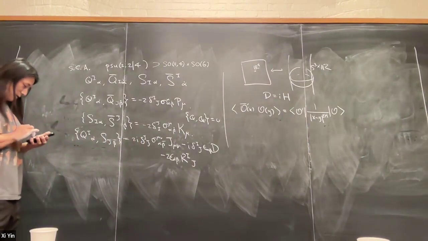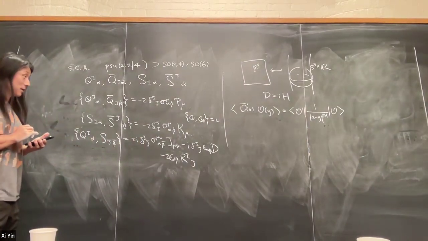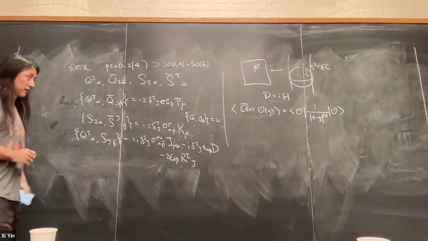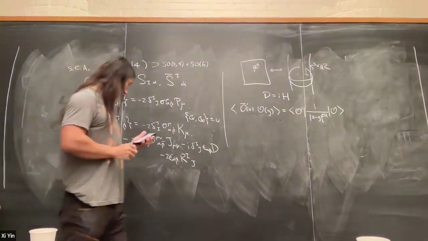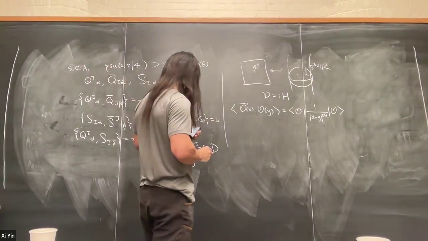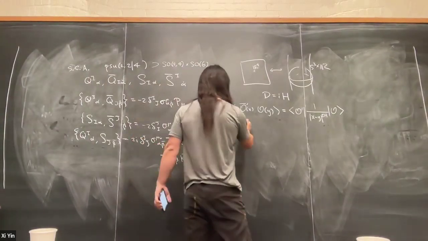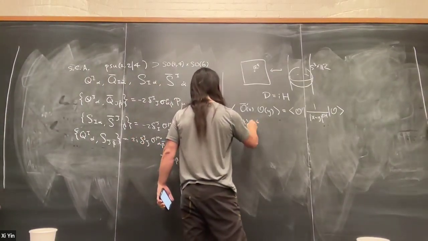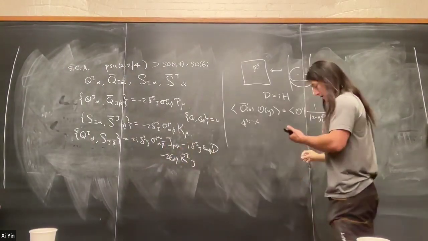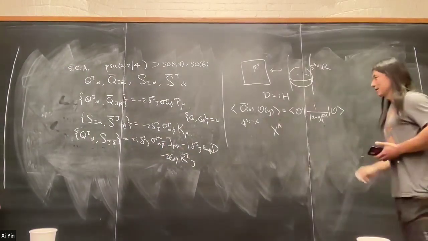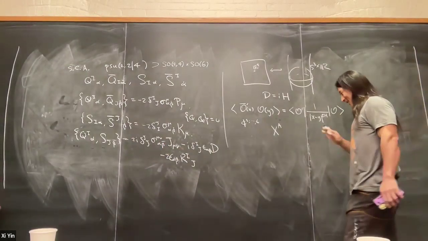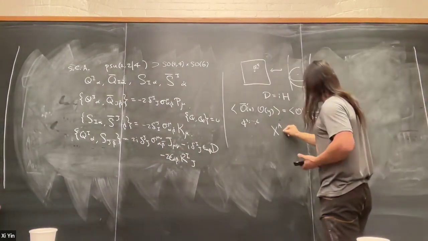Now, in order to get to the business, we need to choose some suitable basis of operators. We're going to start with the scalars. There are 6 scalars. We're going to group them into 3 pairs of complex scalars, so we have phi1 through phi6. We'll group these for now by X_a. Later I'll change notation, but for now this notation is sufficient.